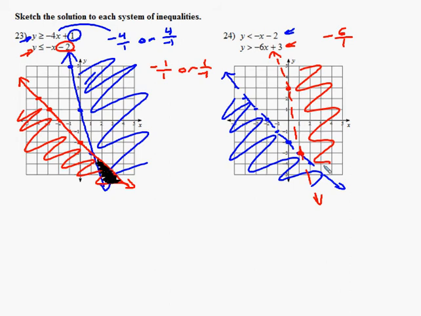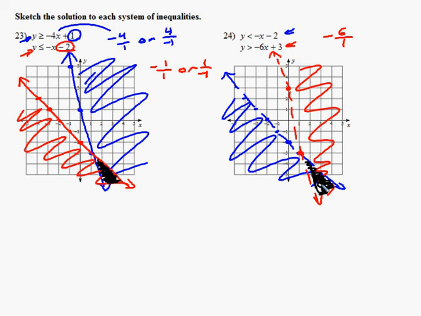So once again, it's kind of like the last one. It only has this very small section in which they overlap. They're not always going to be like that, but in these two cases, they were this small section at the bottom. So make sure you graph carefully. You might even want to use a ruler. I didn't, and you can tell that I didn't because it's a little messy, but using a ruler will help you see